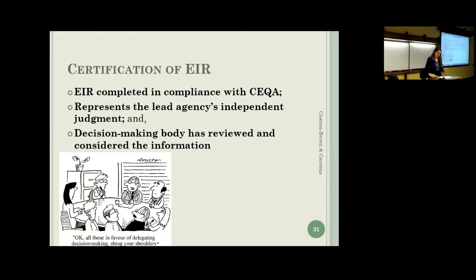So, like I mentioned earlier, the agency doesn't have to prepare the EIR itself, but it does have to certify that the findings of the EIR, they agree with them in their independent judgment. They have to have reviewed it, considered it, and found it to be correct, and was completed in compliance with CEQA. And they can't delegate that duty to a different agency or a more inferior body. The City Council, if they're required to approve the project, can't just say, well, the Planning Commission looked at the EIR, they said it was fine, we're good with it. They have to certify it themselves.